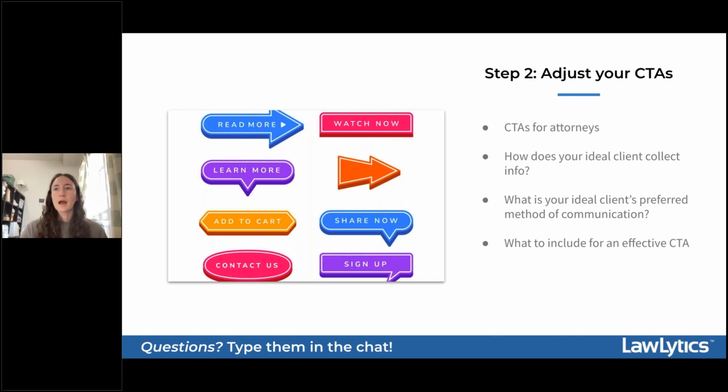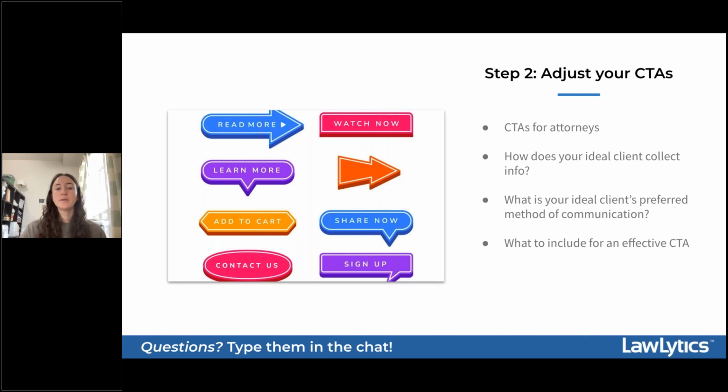So I will say, though, in order to get started with creating high quality calls to action that are really going to be effective, the most important thing to keep in mind is that you need to have a clear idea of what your goal is for that particular call to action, and that's going to really help drive all of your decisions when you're creating these.